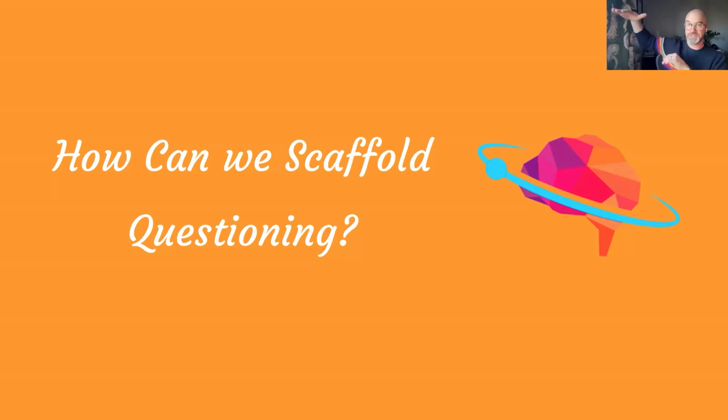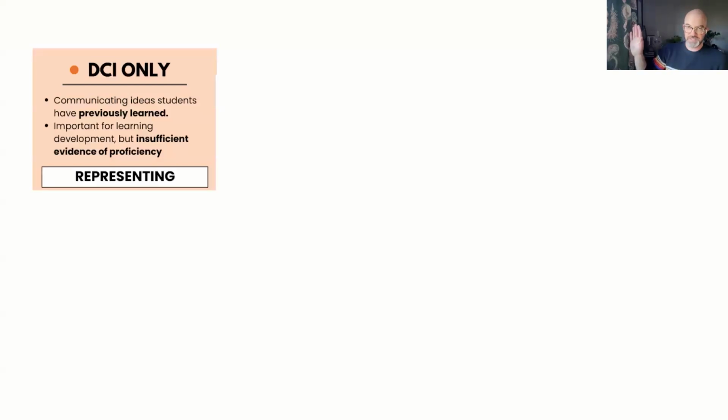We want to say there's a rigorous performance we're looking for, the performance expectation, and we want to get them up to that point. And so these are some different ways that we think about how you can scaffold up questioning to access those more advanced skills. So first, we like to ask questions about just the DCI. We want students to represent their knowledge, take what's in your brain, put it out here. Do you know what you need to know?